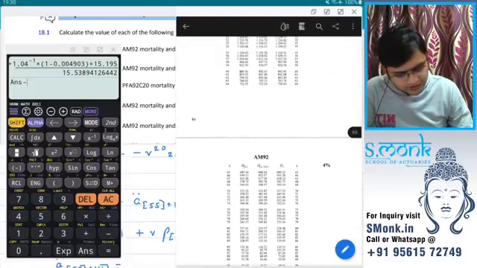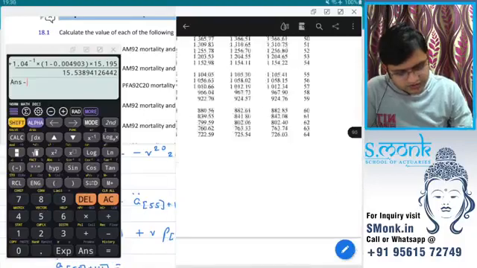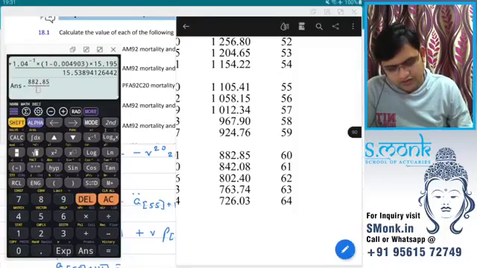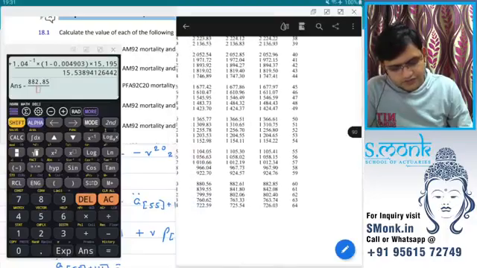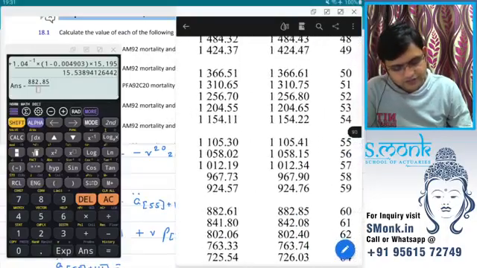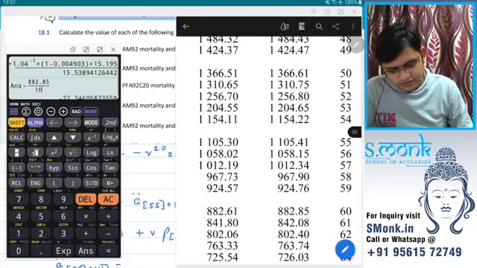D60 would be 882.85 upon, we want 55 plus 1 select, so 56, middle value, that would be 1058.02,